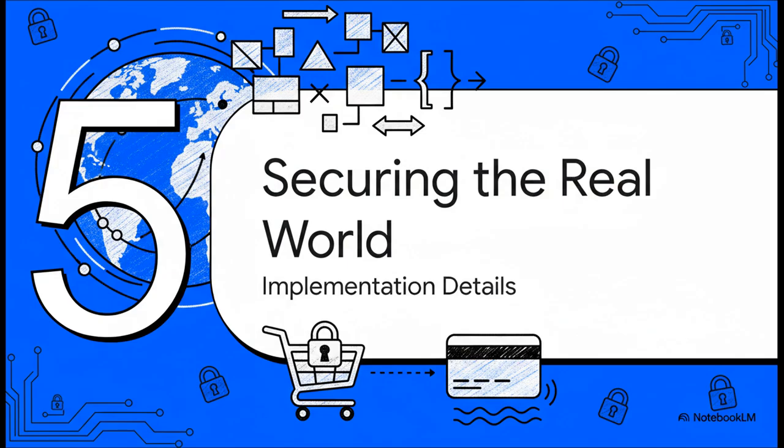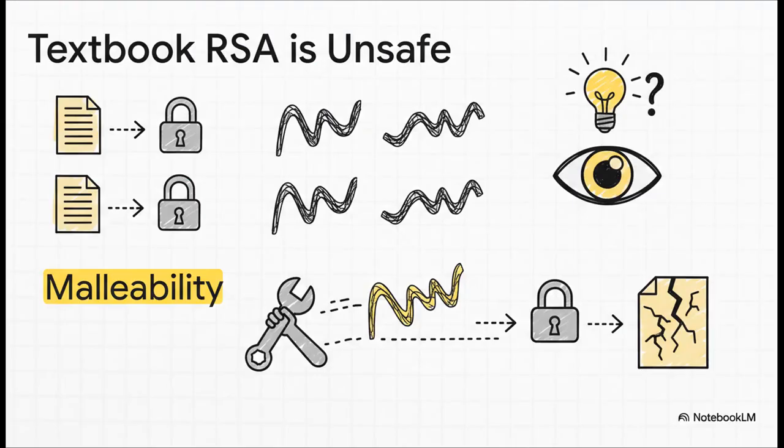Okay, so that is the beautiful, clean theory. But when you're actually buying something online or sending a secure message, things are a little bit more complex. The textbook version of RSA that we just walked through, well, it actually has a few practical weaknesses that we need to patch up. For one thing, if you just use the raw formula, encrypting the word attack will always spit out the exact same string of encrypted gibberish. An eavesdropper could totally spot those patterns. Even worse, a clever attacker could actually modify your encrypted message without even knowing what it says. These are really serious flaws in a real-world system.